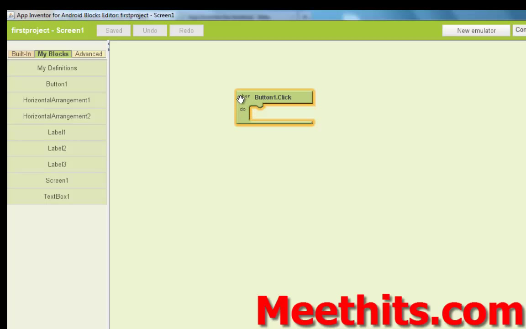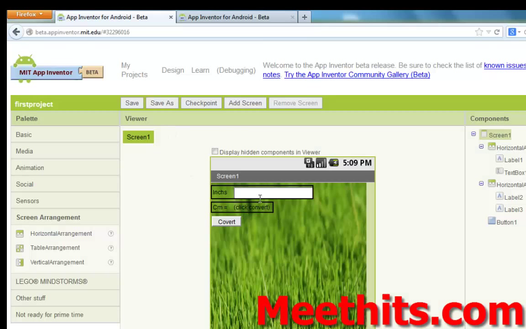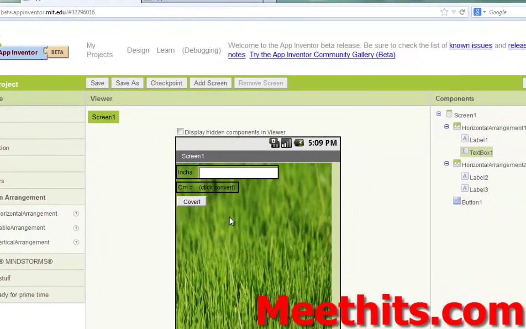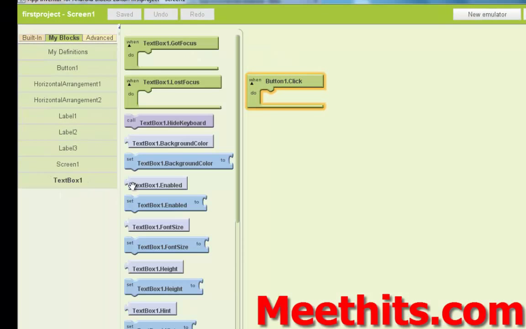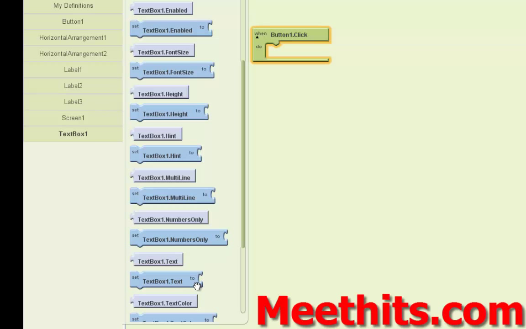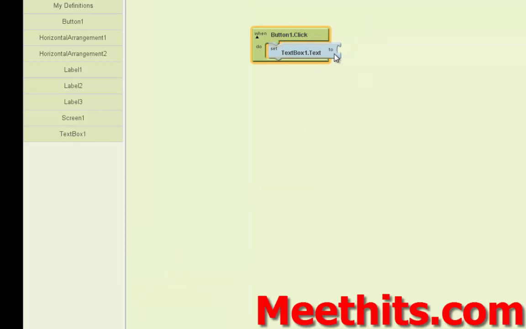Then when you click button one, it will take the text box one text. Here is text box one dot text.